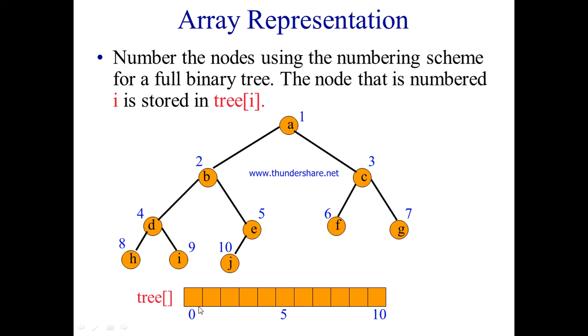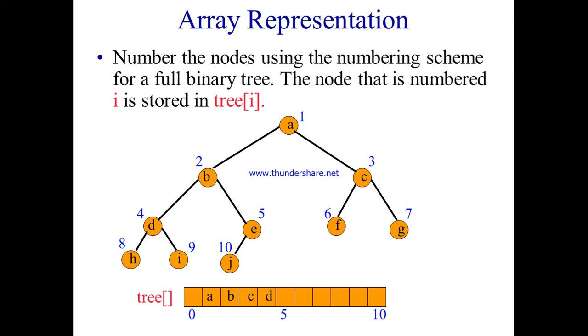So when you go for the programming, the array will be starting with the index 0, right? And then it will be proceeding. So 1, 2, 3, 4, 5 like this we are going to have, right? So how we represent this? A will come. So what is the number of A? The node number is 1. So it will come here. That is the first. Then B will come to second place. C will come to third position. So first 0th position will be vacant. Why vacant? 0 is not having a node number in a binary tree. So that's why we'll start with what? 1, 2, 3 and so on.